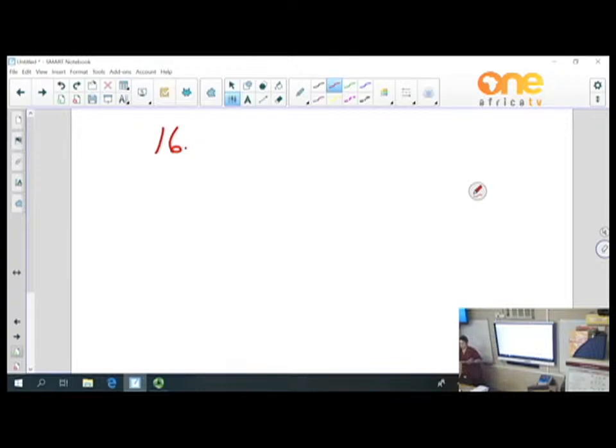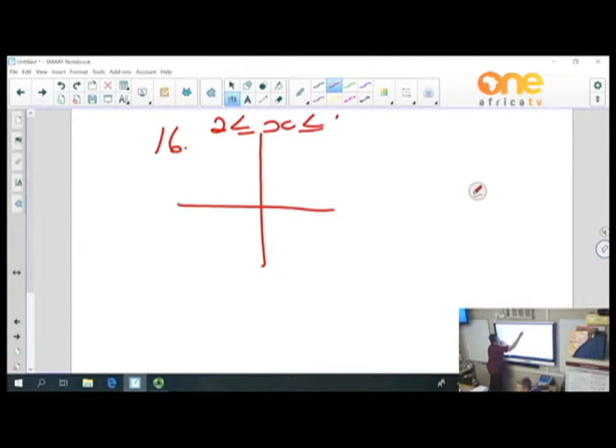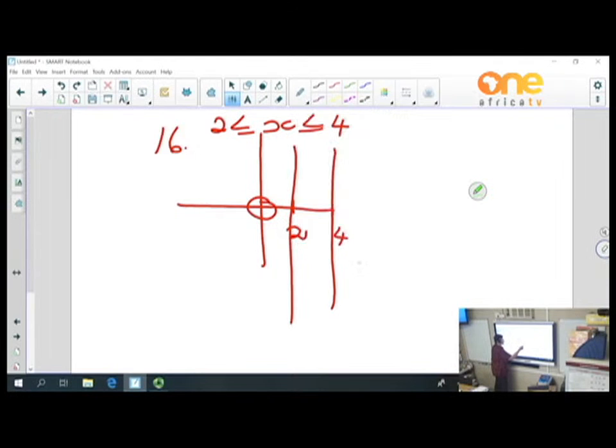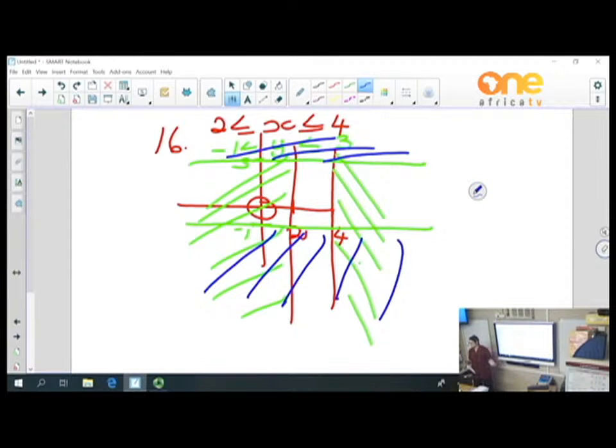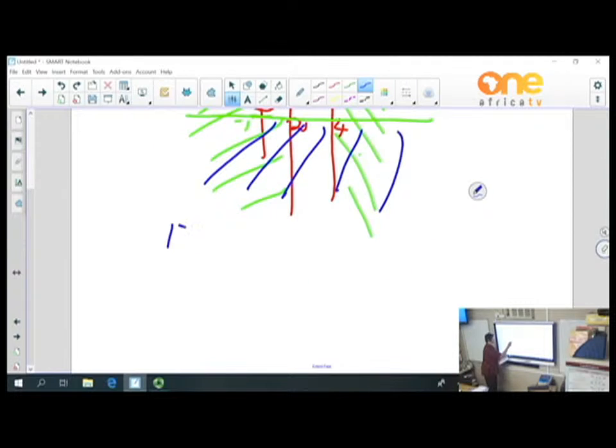Question 16. Right, less than equal than X is less than equal than 4. So there is 0 at the axis, because otherwise you saw in. So I shade the unwanted. Now here on the axis, I shade the, you're going to ask me, why are we doing it? Because how many cows and how many sheep are,